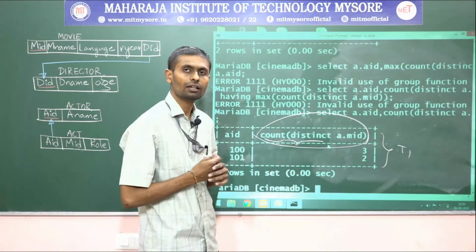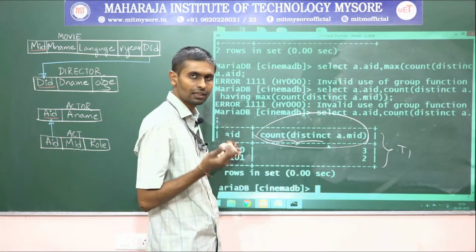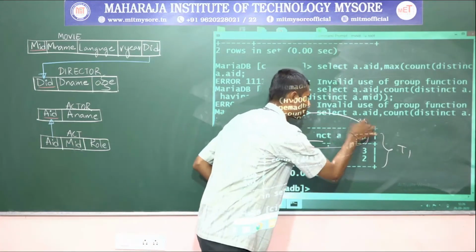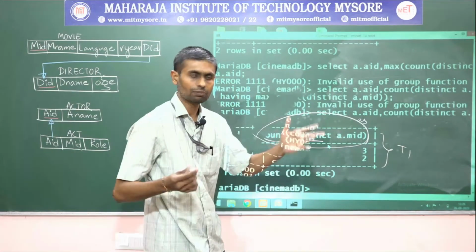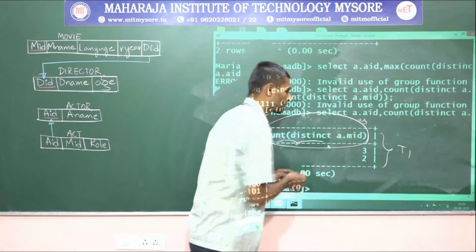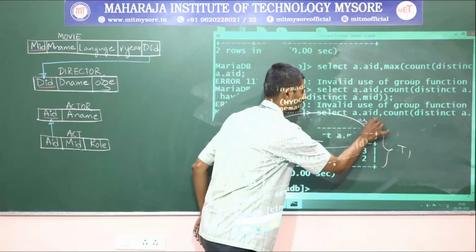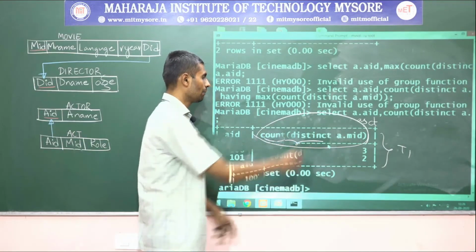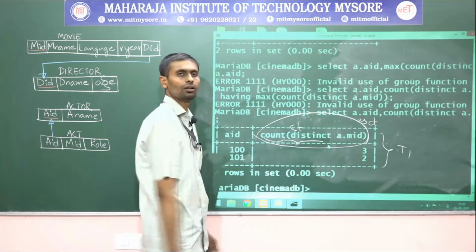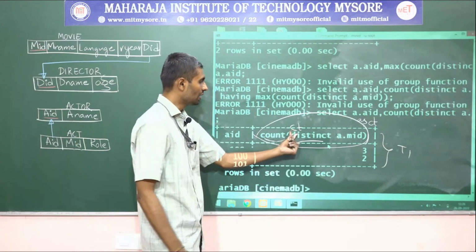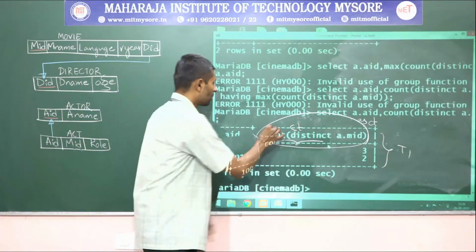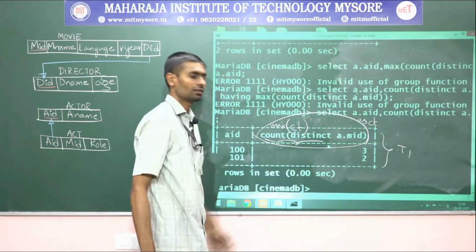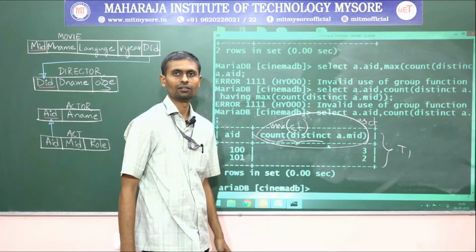Already we know how to give a different name. We can give this a different name, and for this also we can give a different name. So even for this also, can I go with the help of the AS keyword? Earlier, it's a count, you know. Let me call this as CT, count CT, right? Now this attribute column name becomes CT, and on this column CT I can apply an aggregate function like max of CT, then easily I can get a maximum value, right?